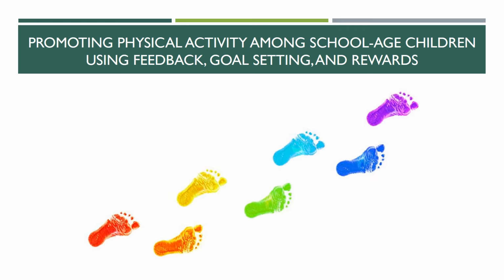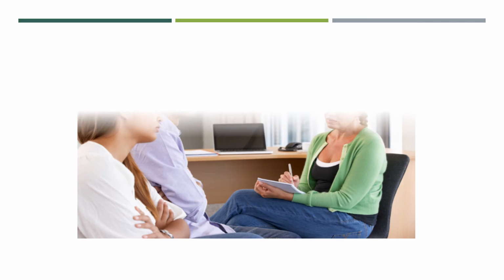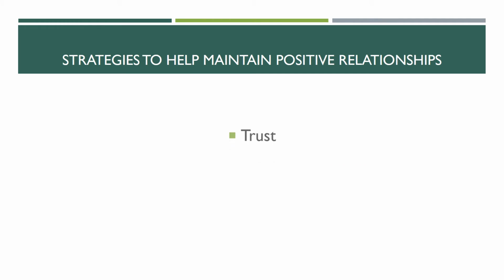My real life example would be family counseling. The main goal is to achieve relationships among each other or maintain positive relationships. Let's say there's a conflict between them and they come to a family counselor for advice. There are strategies which help maintain positive relationships. First, you need to rebuild trust.